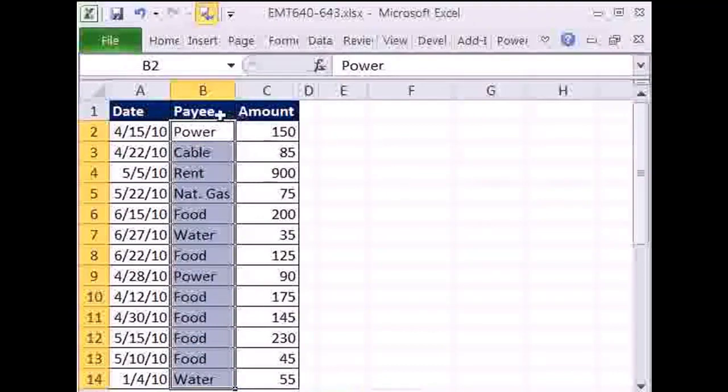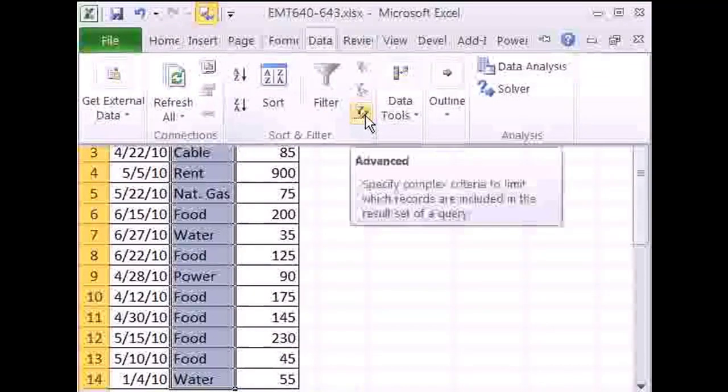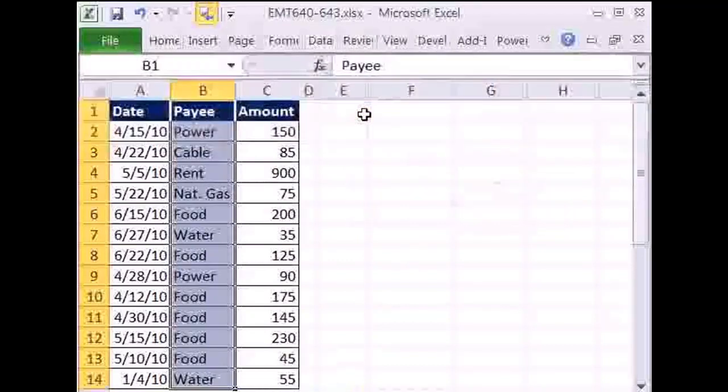All right, now if we're using formulas, we have to get a unique list here. Now maybe you already have it typed over here, but there's an easy way to do this, because we need power, cable, rent listed one time over here. So I'm going to highlight that column. I'm going to go to Data. And then the sort and filter group, here's the icon for advanced filter. The keyboard shortcut is